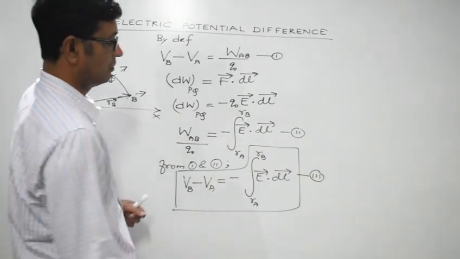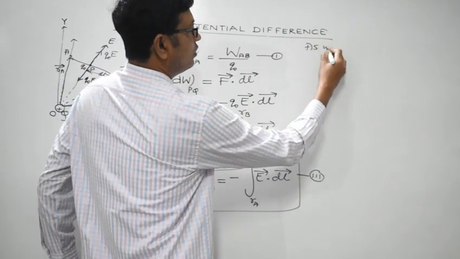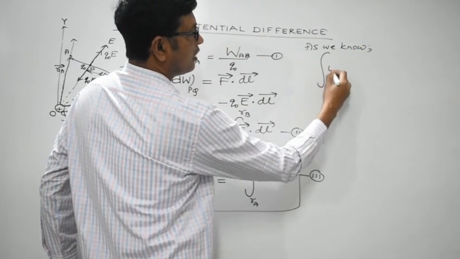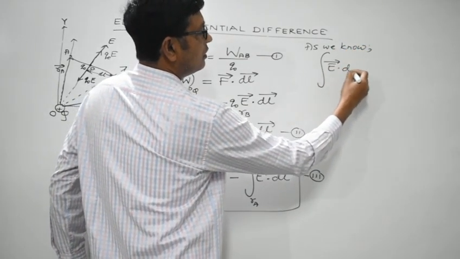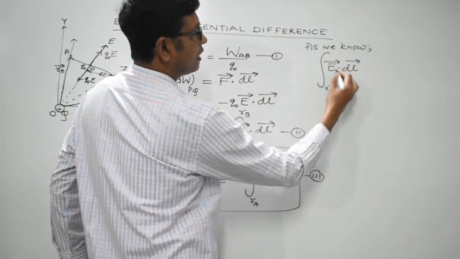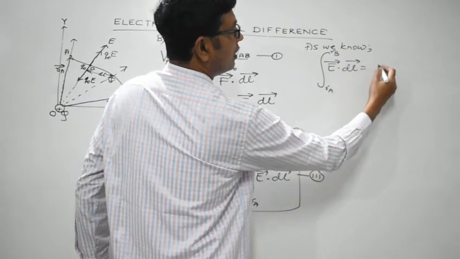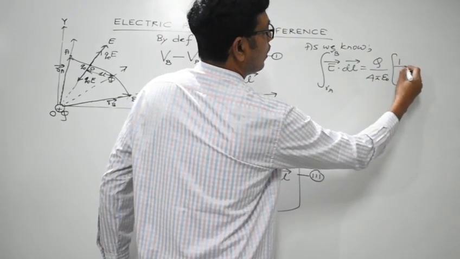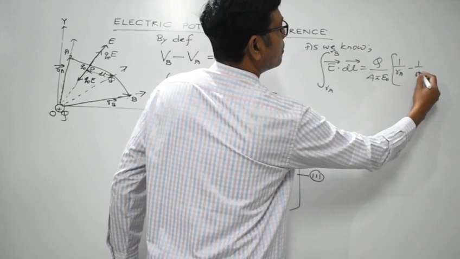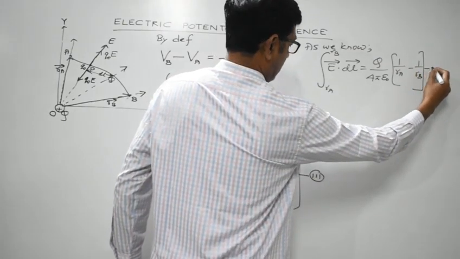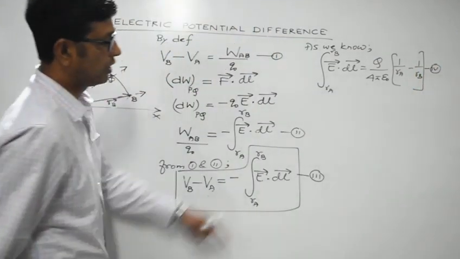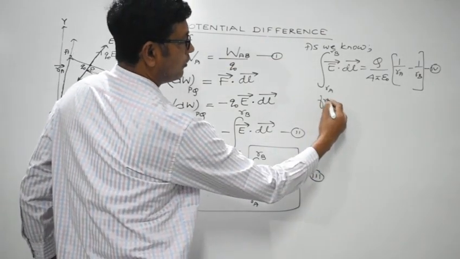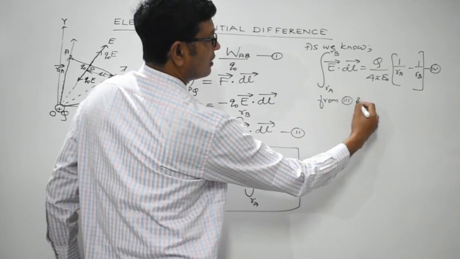So let's see. As we know, this we have done in the previous article, line integral of the electric field, limits RA to RB, it's given by Q over 4 pi epsilon, 1 by RA minus 1 by RB. Put this as equation number 4. Now we can compare equation 3 and 4. So therefore, from equation 3 and 4, we conclude that